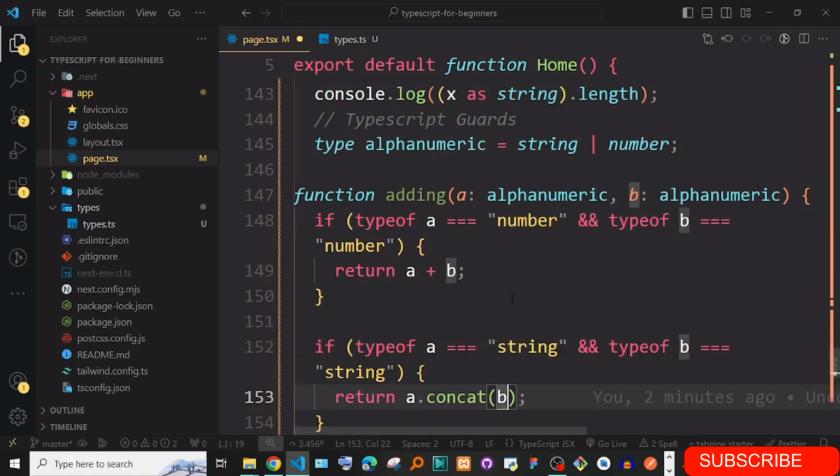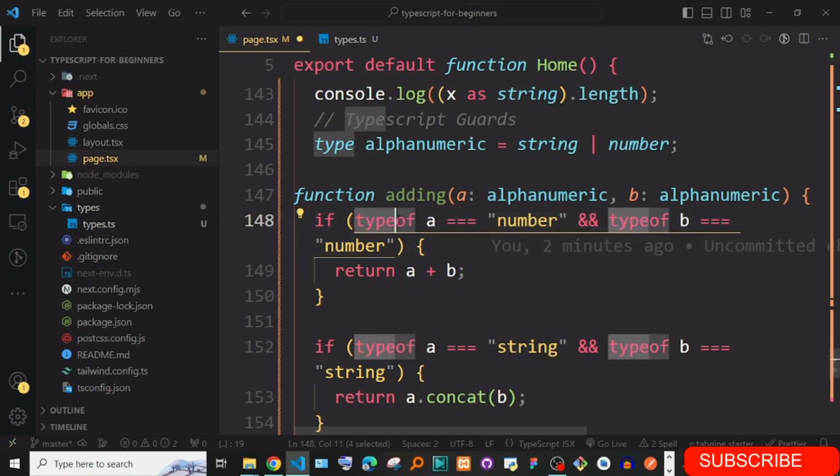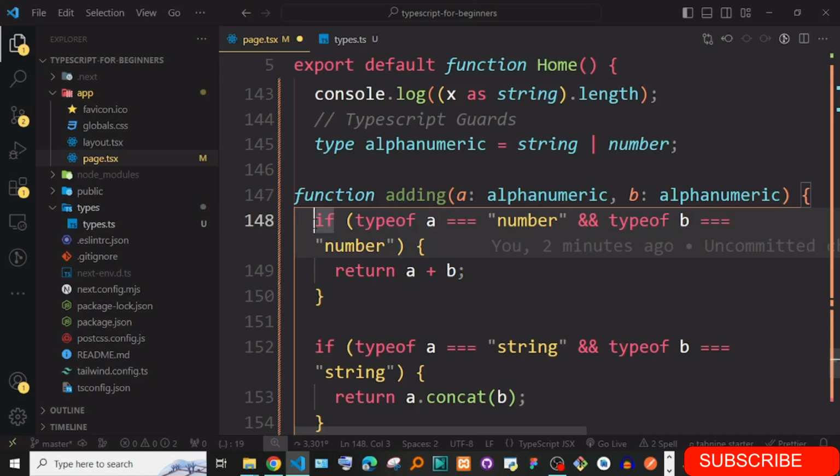And then inside here you can just check. So the type guard we are talking about is actually this one. Type of is a type guard. A type guard helps us check different data type scenarios. Okay, and type of actually exists in JavaScript. But type guard is like a trick or technique of actually checking the data types, and then you do different things if there is a different data type.